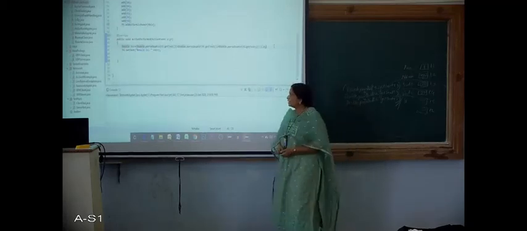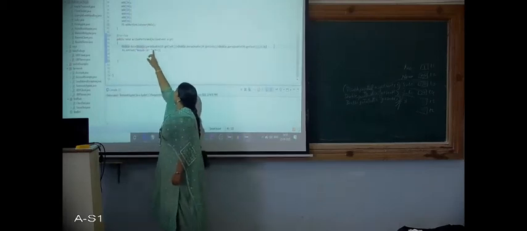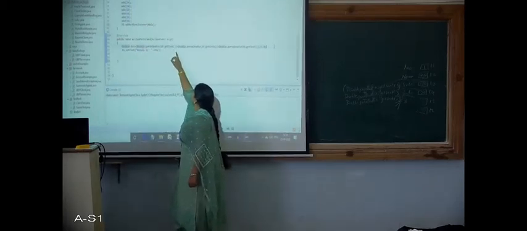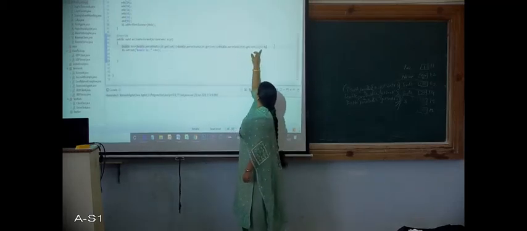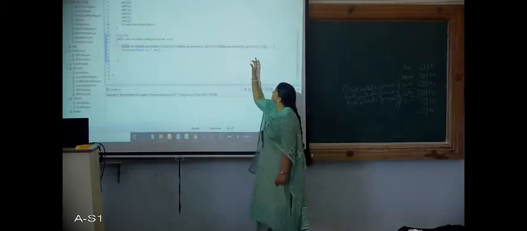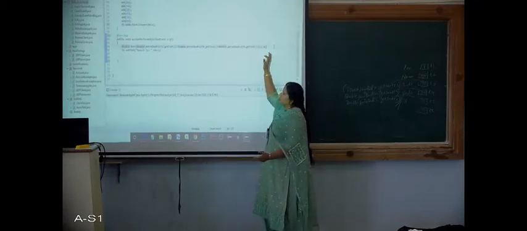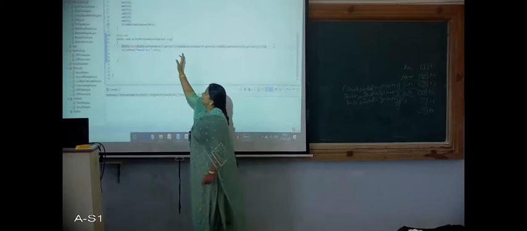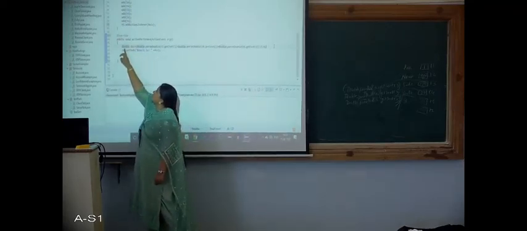So that is what is done here in a single statement. You can see Double.parseDouble T3.getText plus this plus this. So this whole thing is divided by 3 and we are storing the average so calculated in a variable result, res, which is again of type double.